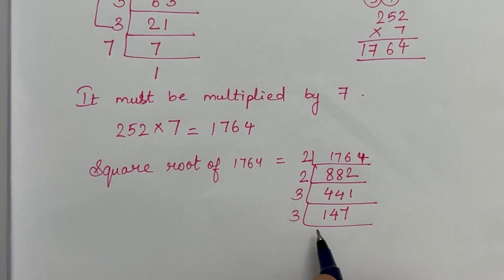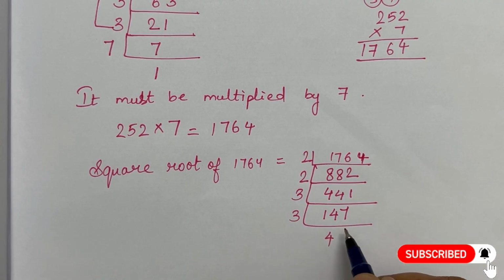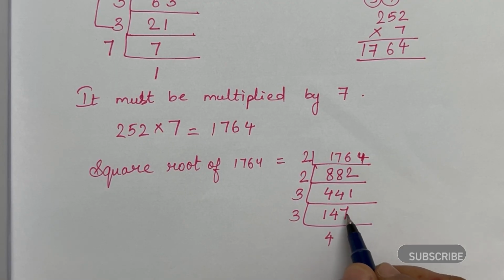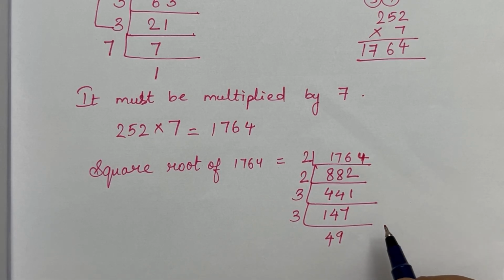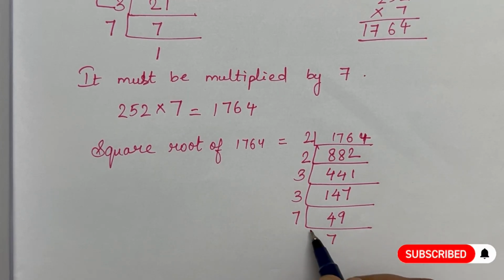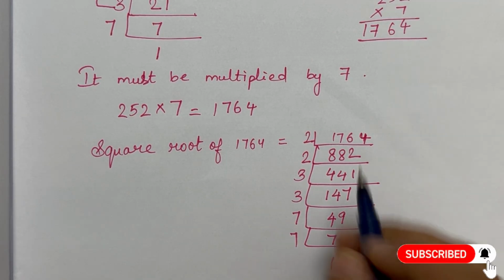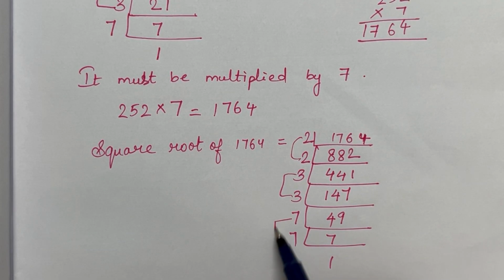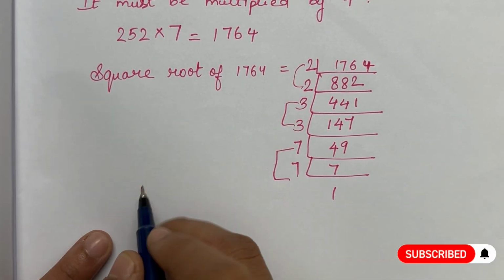How many times? So look here, 1 will not come. We'll take two numbers, 14. So 14 does not come in the table of 3. 3 6 9 12. 12 comes 4 times. Now 2 left. 2 7 27. 27 will come 9 times. Now 49 is divisible by 7, 7 times, and again 7 is divisible by 7. So now we have got all the pairs. Look here, 2 3 7. We have all the pairs now. So we'll find the square root.